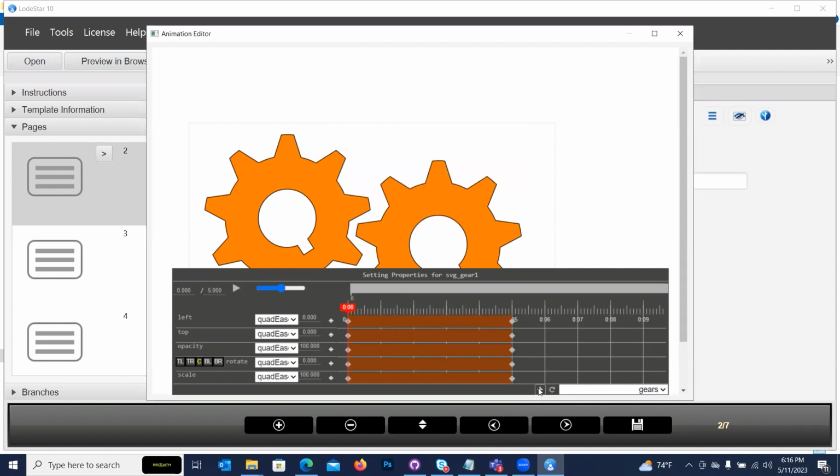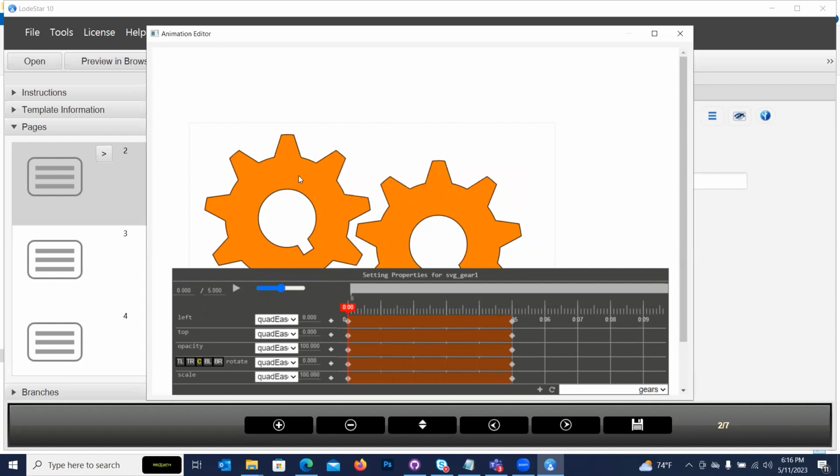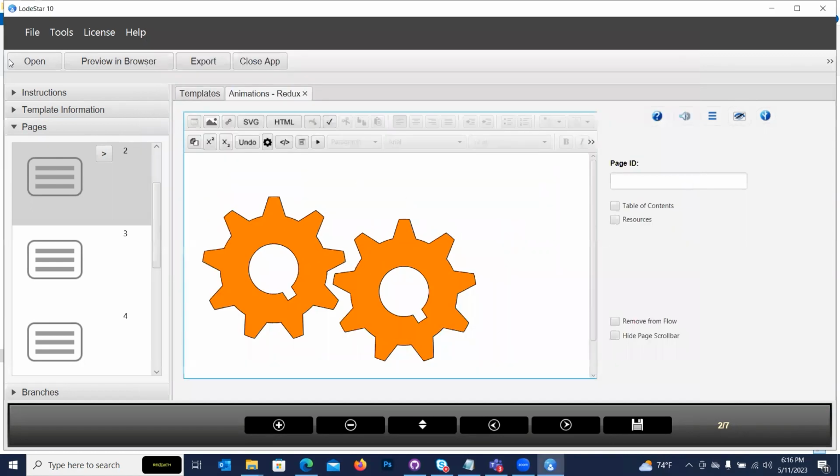We can also give our timeline an ID, and I'm going to call this rotate object, so that later we could, through script, apply this timeline to any object, not just this gear. The timeline itself becomes an object that we can use in a script. So we're good. And I'll click on yes, and let's